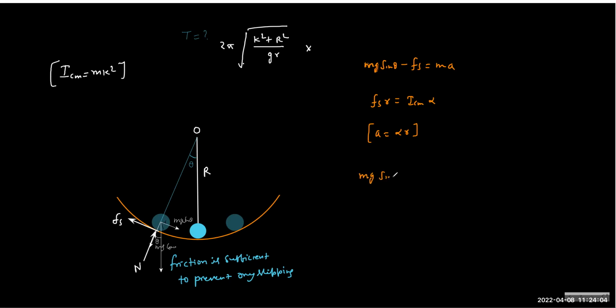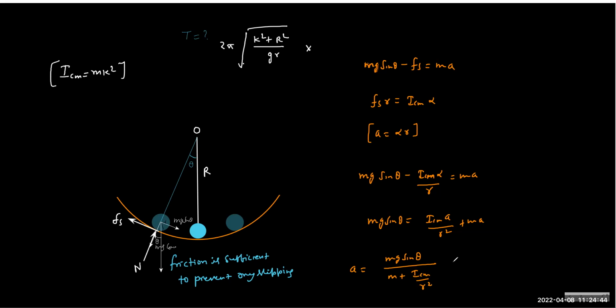So mg sin theta minus fs, where fs is ICM alpha by r, right? So this turns out to be mg sin theta equals ICM, and alpha we can write as a by r, so this becomes a times (ICM by r square plus m). So in fact we know this answer, but I'm just rewriting the same. So if you know the formula of acceleration, this is done. So at angle theta, this is the acceleration,